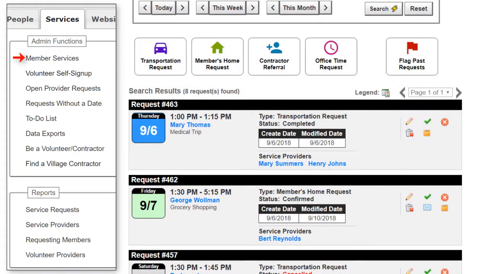There are several buttons below the search panel. We'll go into detail in other videos, but here's what the buttons do. You click the Transportation Request button to create a new service request for a transportation service to be fulfilled by a volunteer. Click the Member's Home Request button to create a new service request to be fulfilled by a volunteer